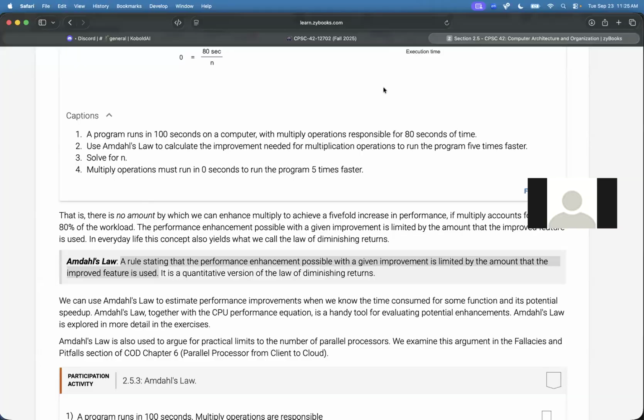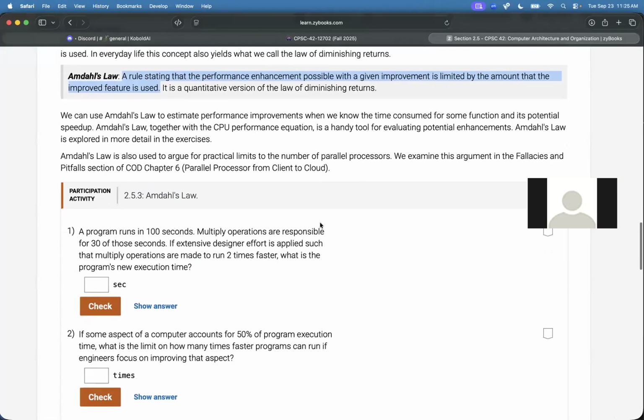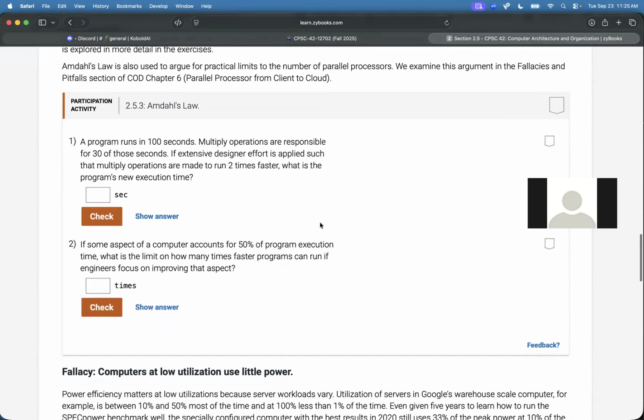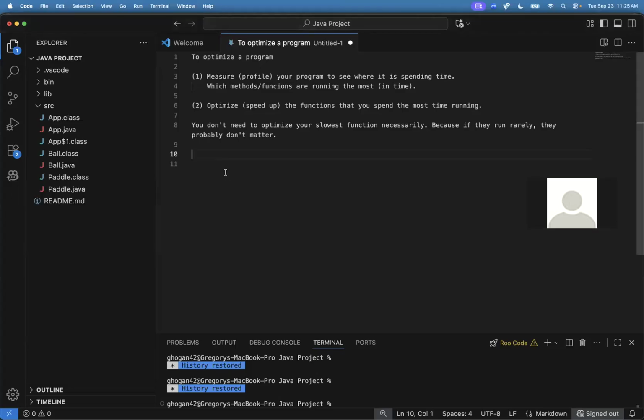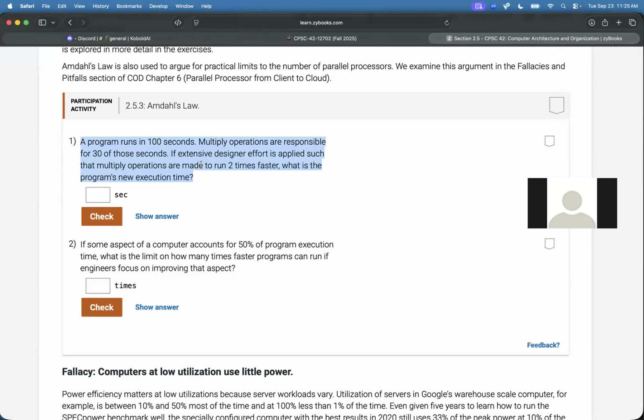But then you can do a little bit of math for things. So if we wanted to do something like this: a program runs in 100 seconds. Multiply operations are responsible for 30 of the seconds. If the extensive designer effort is applied such that multiply operations are made to run 2 times faster, what is the program's new execution time? So when you see something like this,